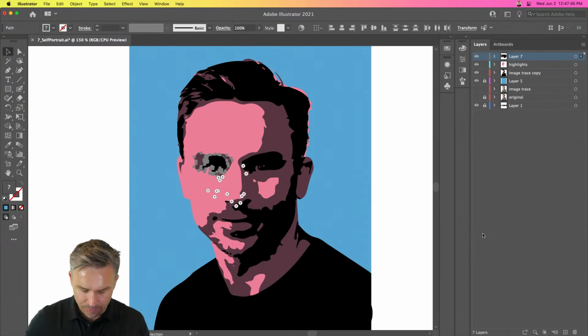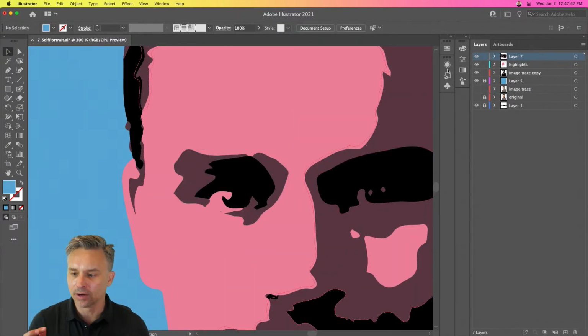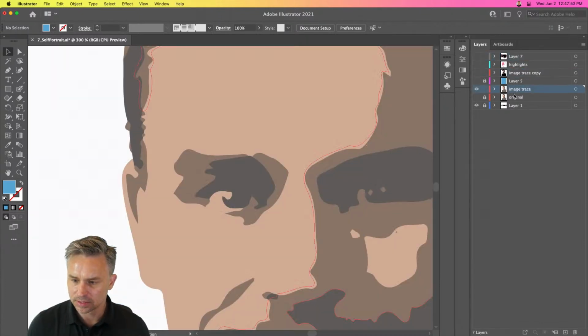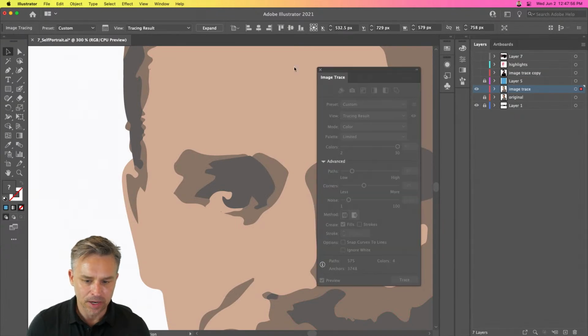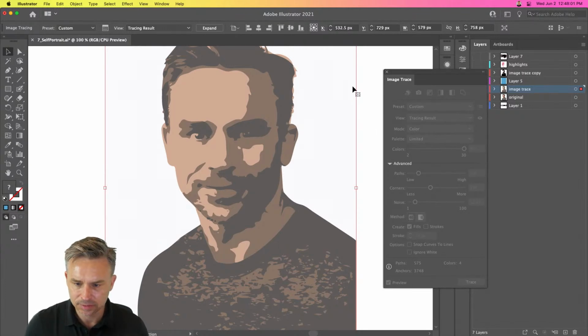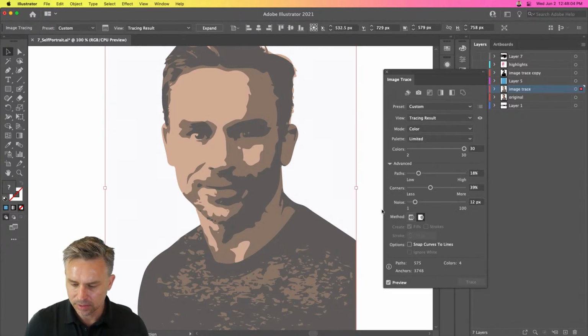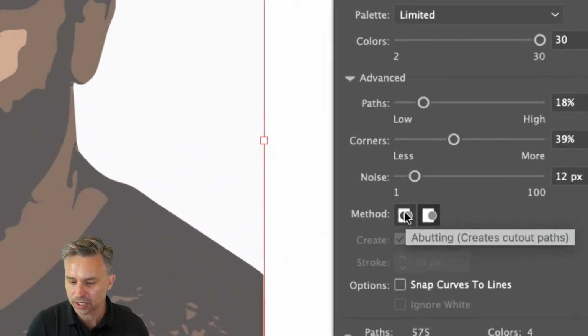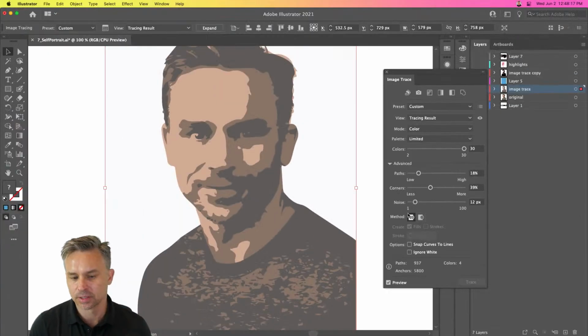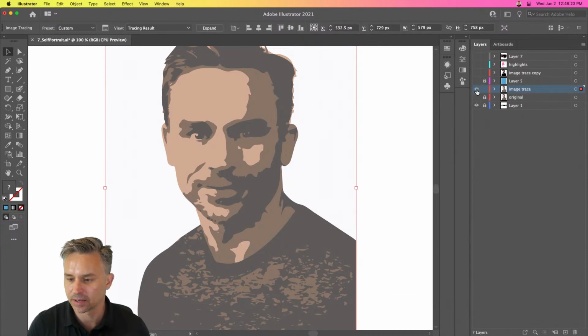The reason this is happening is because when I outlined it, so back here, we'll go to Image Trace. Right in here, when I did this, there we go, is this part right here. I actually thought that would help me out. But if I did it abutting, then that means I could put all my lights on top, my midtones on the middle layer, and my dark colors on the lowest layer. But what's nice is I could always go in and, you know, that's why I have that backup layer. Anyway,